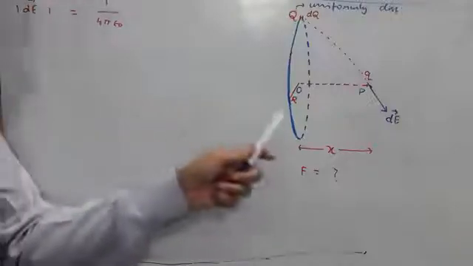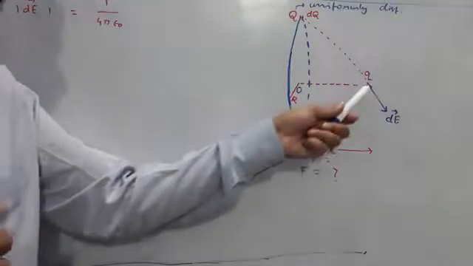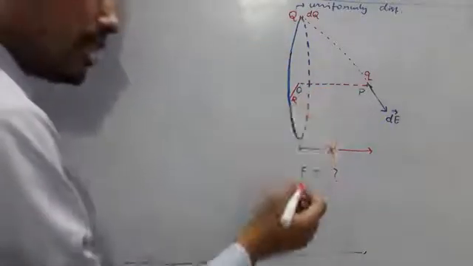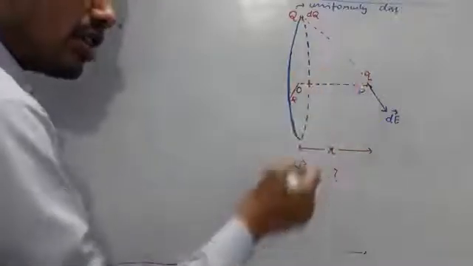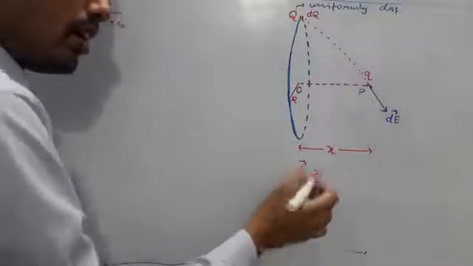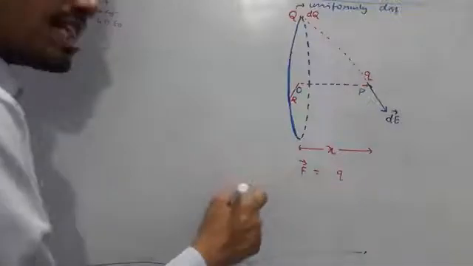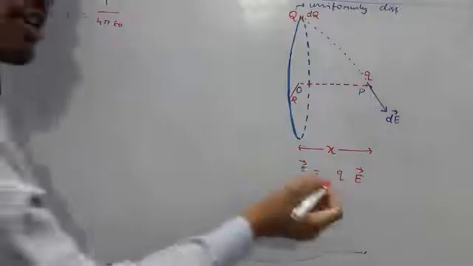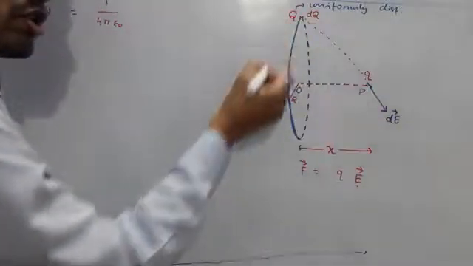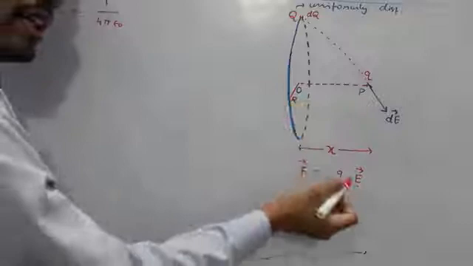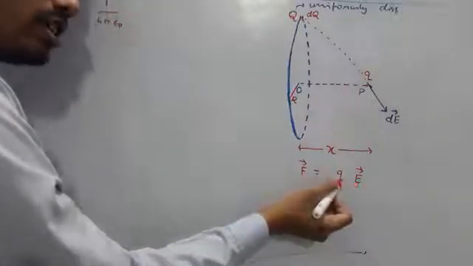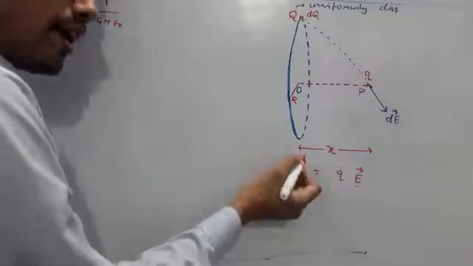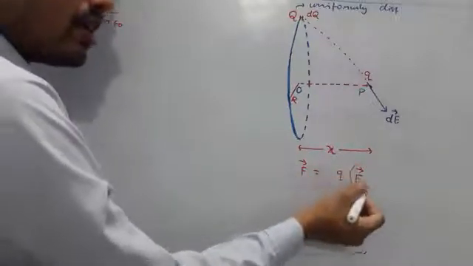Now, first of all, actually we have to find the force, but I am interested in finding the electric field at this point P, because you know that this force F vector on the charge q will be given by the formula, the charge multiplied by the electric field at that point. First I will find the electric field at this point P due to this charge configuration, then I will multiply that electric field with this charge q, and I will get the force. So the question reduces from finding the force to finding the electric field.